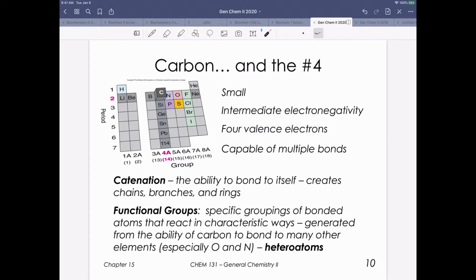So carbon shares electrons. We don't see ionic compounds with carbon, and that's because of where it exists in the periodic table, right? Those 4 valence electrons. But as we saw, it likes to form 4 bonds, including bonds to other carbon atoms. So again, the ability to bond to itself allows us to create large molecules that are basically carbon at its core to kind of form these scaffolds